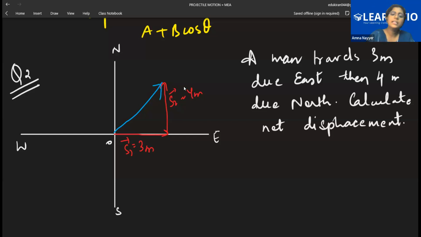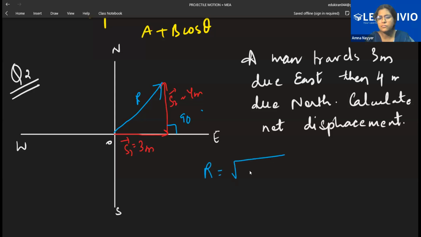Triangle law. Now, one thing in triangle law also, we take the angle which is present between the two vectors. The triangle's angle is not taken. This angle is not taken because this is beta, the angle which the resultant is making with the axis. So this will be beta. This angle we take of the triangle, because if I produce this, this angle will only become. So here it is 90 degrees.